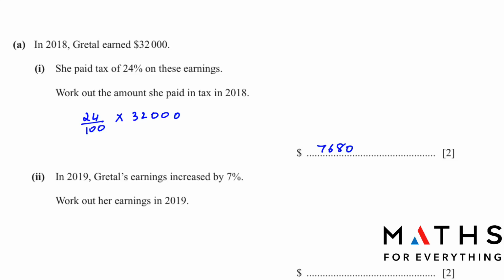The next part: in 2019, Gretel's earnings increased by 7%. Work out her earnings in 2019. If you want to find an increased percentage, you write down the amount here, which is 32,000. And we have to multiply it by, if it is increased, 100 plus 7 divided by 100. This will give you 1.07. You multiply by this and you will get the answer directly, which is